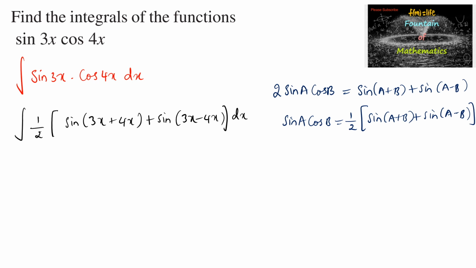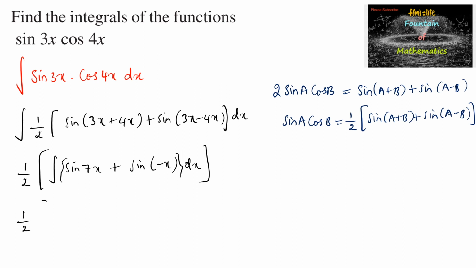So which is equal to, 1 upon 2 can take outside, integral of sine 7x plus sine of negative x dx, or 1 by 2 times of integral of sine 7x dx, and sine of negative x is minus sine x, so we can write minus integral of sine x dx,